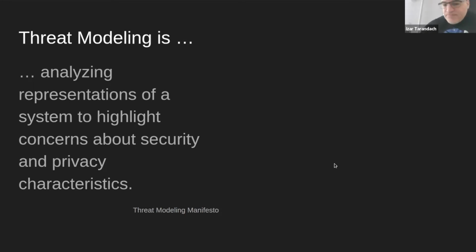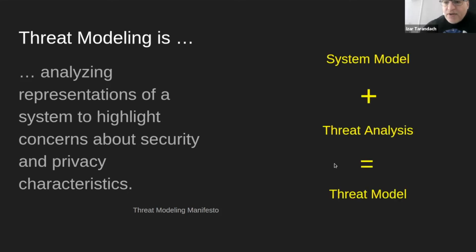But basically what this boils down to is that once you have a system model and you use it to do some threat analysis, what you get at the end of the day is a threat model. So it's a two-part, I won't call it process, but it's a two-artifact thing that gives birth to another thing. And the reason why I use the word thing, we're going to see soon, is that it can also get expressed in many, many different ways. So it's not only a different representation of the system, but also different possible representations of the threat model itself.